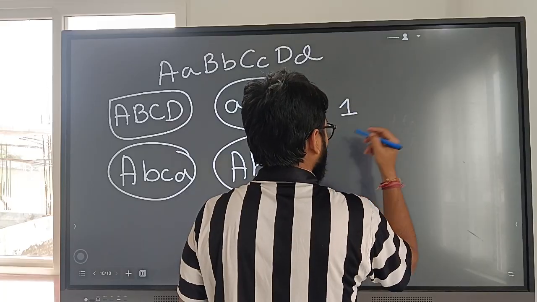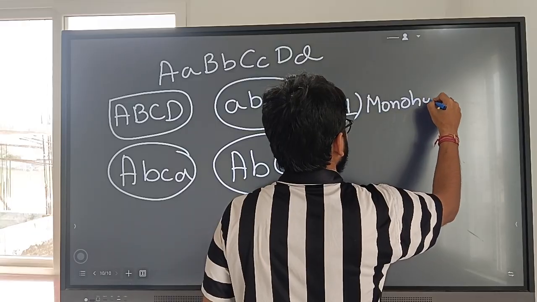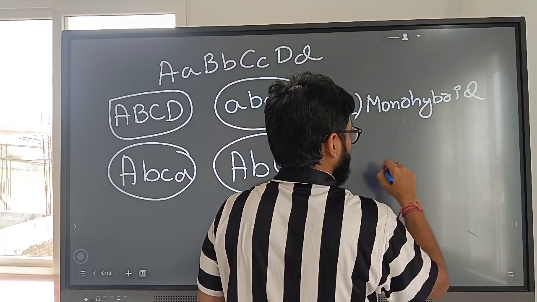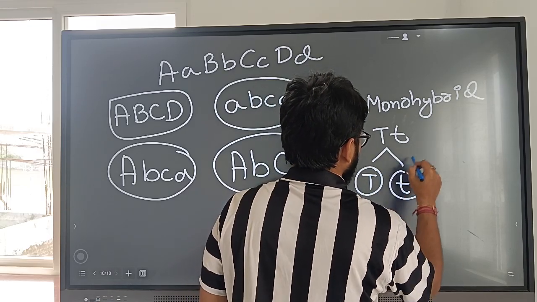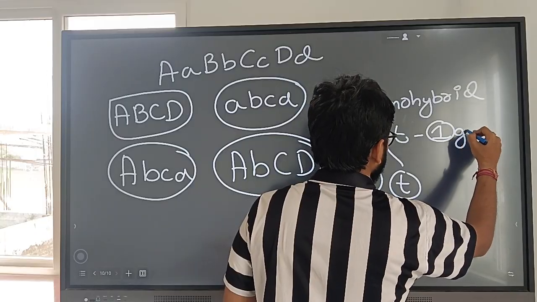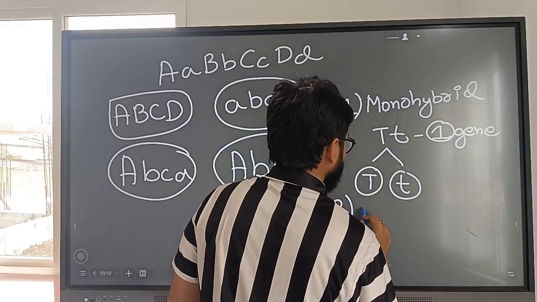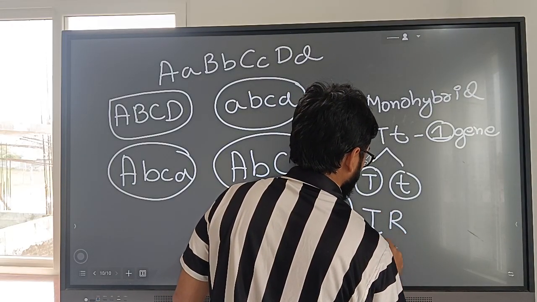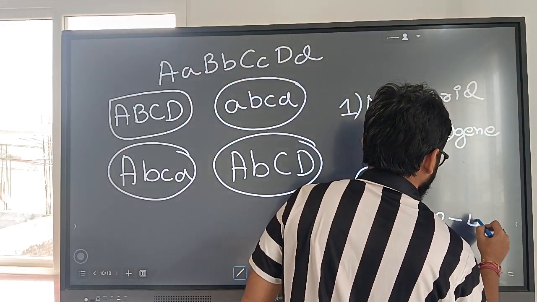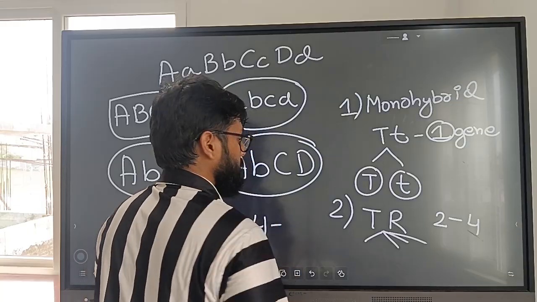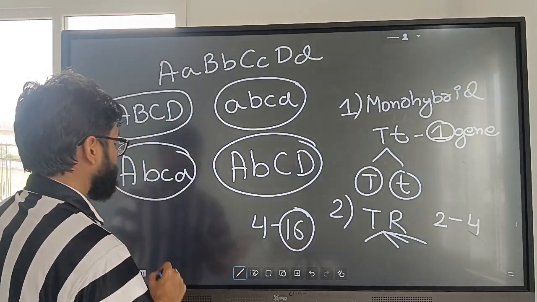Take the first case, that is monohybrid. In case of monohybrid you only got this, correct? So you got only two types. One gene gave you two types of gametes, correct? Two genes, that is, if we take T and R itself, gave you four types, correct? Two types gave you four. Okay, you have four. Can you tell me how many gametes you can get? You will get 16. Why? It is simply